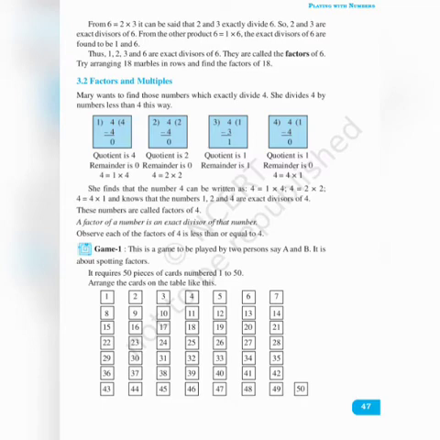So how many factors does the number 4 have? 3, right? So the number of factors will be less than that number. The number is 4. How many factors does it have? 3. So it is less than that number, right? Only 3 factors it has, so it will be less than that number. Understood?